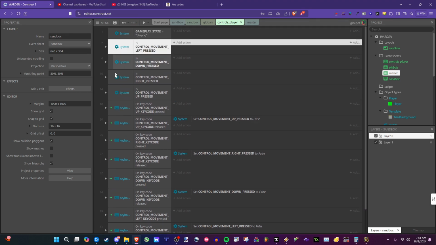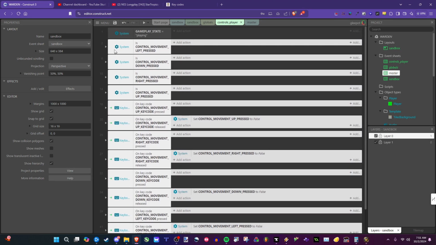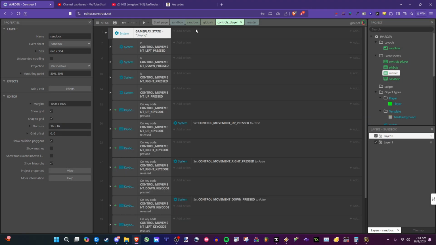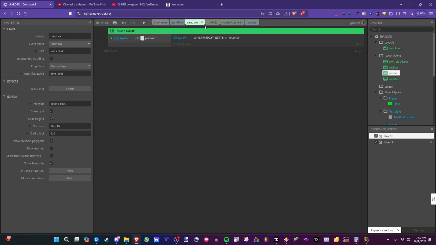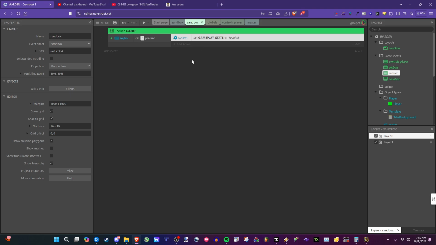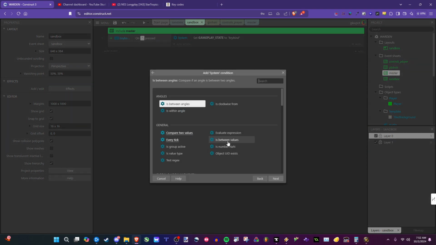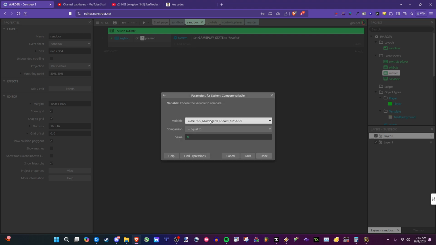So we'll encapsulate all that underneath that condition. So, when it is pressed, gameplay state should be set to keybind. When we have a gameplay state of keybind,